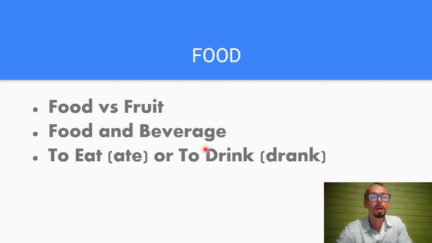And the same with the verb to drink: you use it only when speaking about beverages. For example, I like to drink Coke. I like to drink coffee. I like to drink cocoa. And both of these verbs, eat and drink, are irregular, right? So when we speak about the past, for example, in the morning I ate